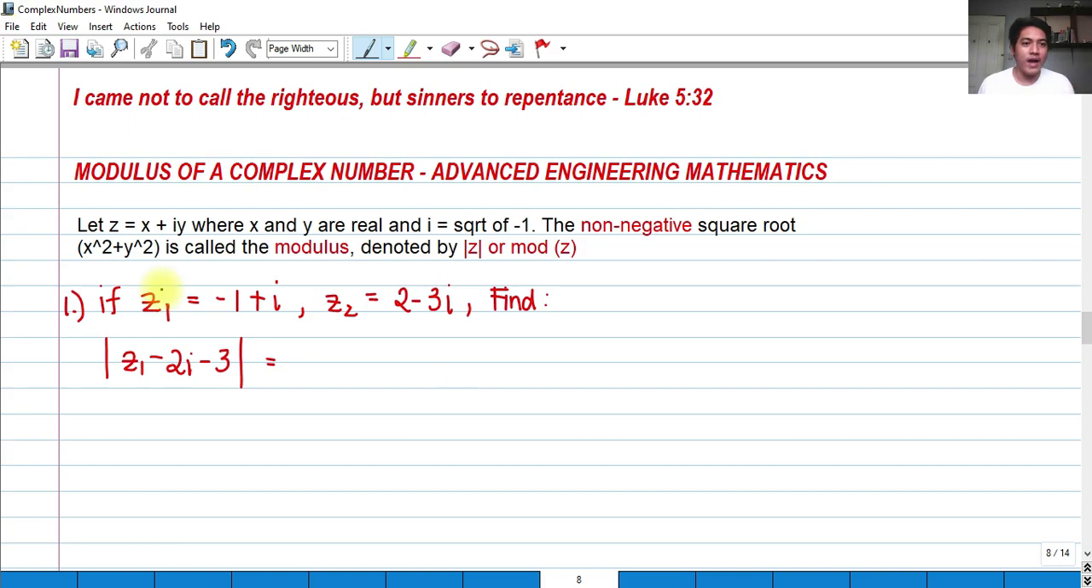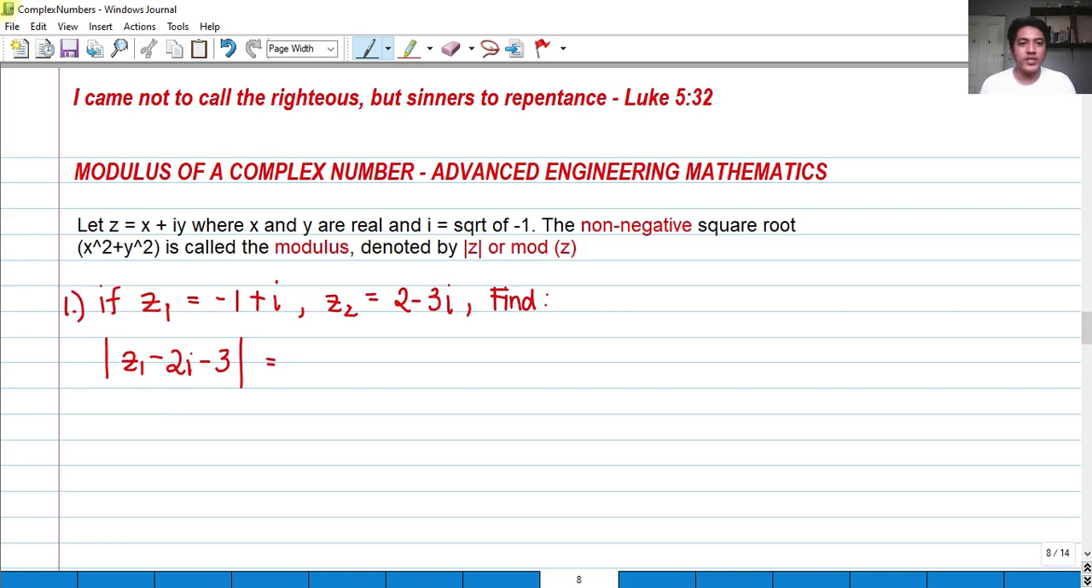So for example, we have a complex number. Let z equal x plus iy, where x and y are real and i is equal to the square root of -1. That's a complex number. The non-negative square root of x squared plus y squared is called the modulus, denoted by this symbol. It's like an absolute value, or magnitude in terms of physics, of z, or mod z. So the modulus is simply